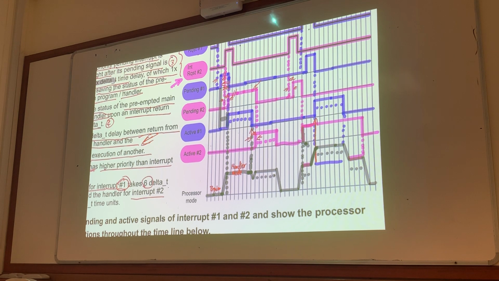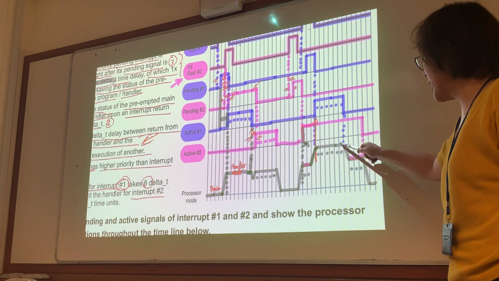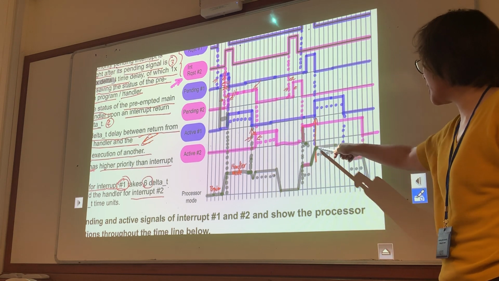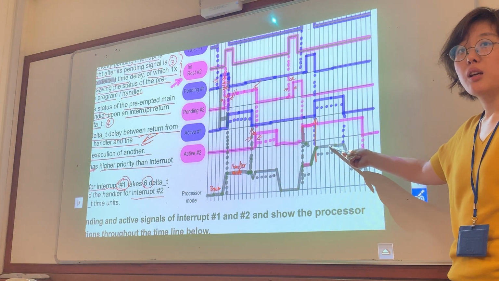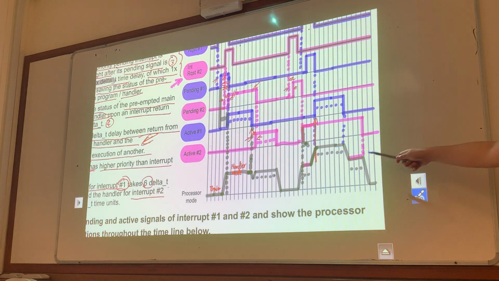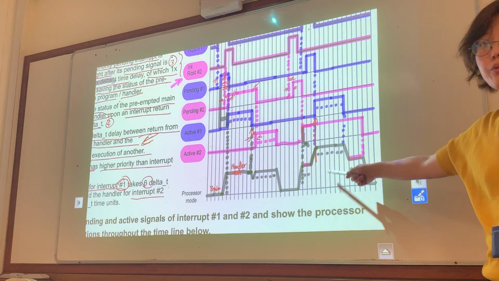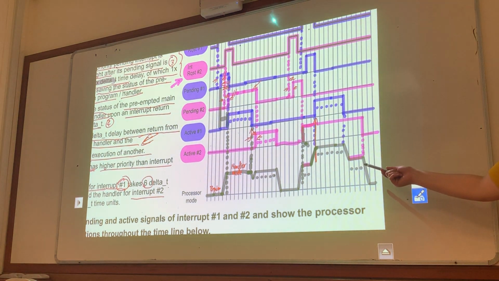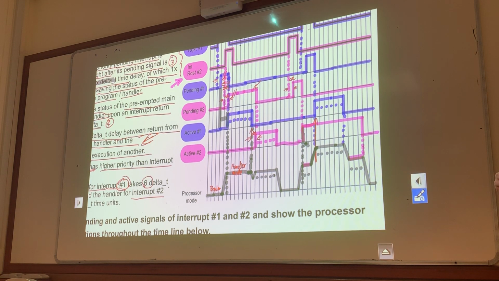Here I just draw different levels, so that you know here we are handling one, here we are handling the other one. But if I draw everything, it's just merged together. You cannot identify at what time you are handling which one. So what I mean is that this signal must be the same and aligned with the